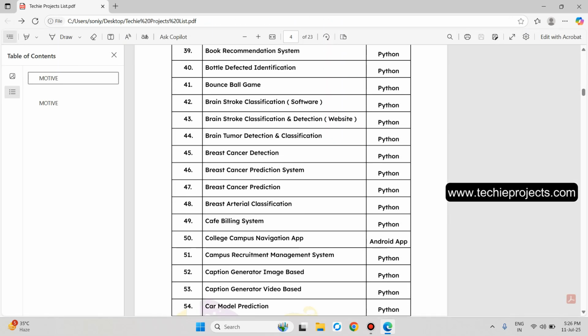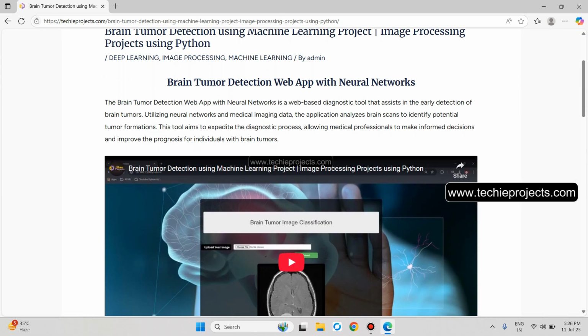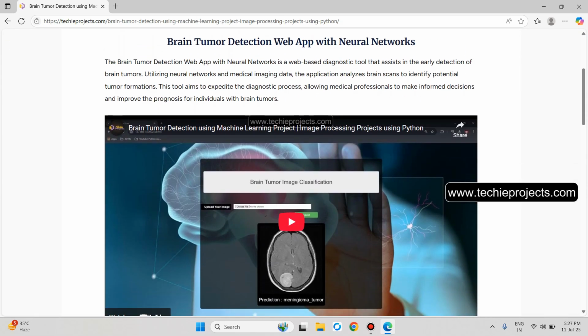Now the point number 44, brain tumor detection and classification. Just click on it. So the brain tumor web with neural network is a web-based diagnostic tool that assists in the early detection of the brain tumor utilizing neural network and medical imaging data. The application analyzes brain scans to identify potential tumor formation. This tool aims to expedite the diagnostic process, allowing medical professionals to make informed decisions and improve the prognosis for